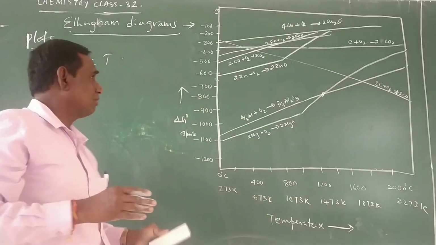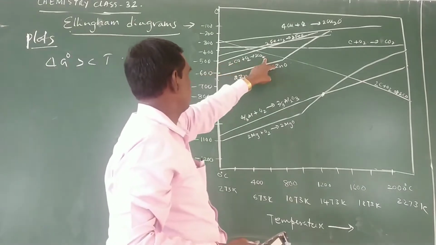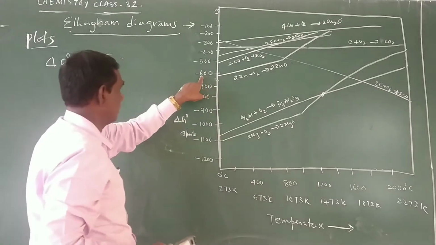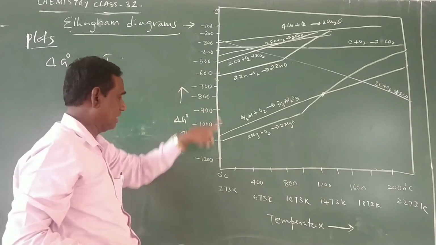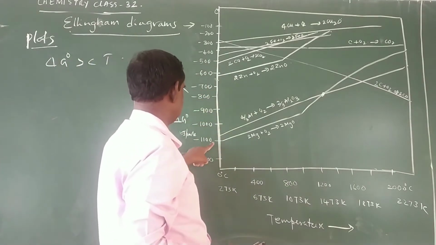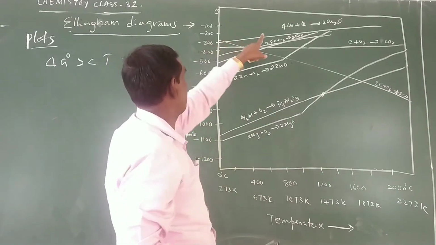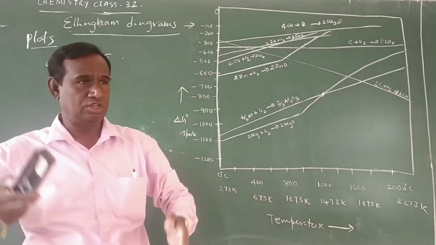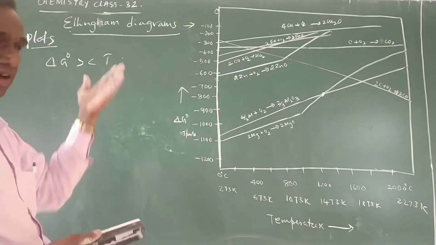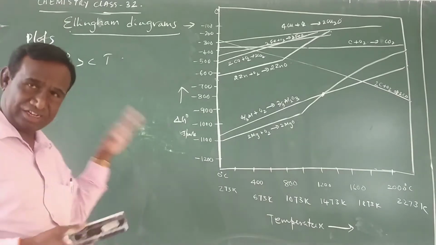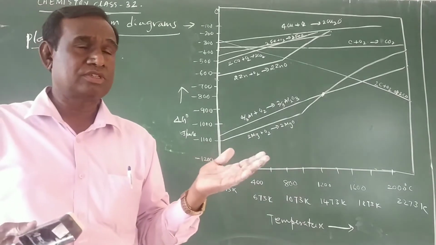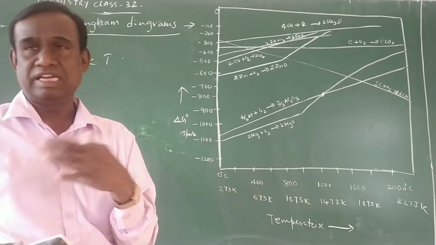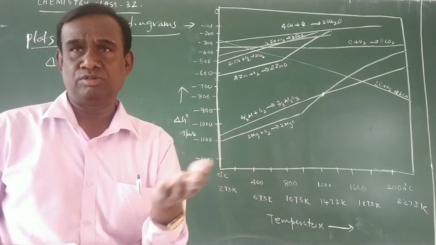So this is how we can explain it. 2CO plus O2 gives 2CO2, 2Zn plus O2 gives 2ZnO at this temperature, and you will have a delta G naught value, say minus 600 kilojoules. For magnesium minus 1100, and for copper minus 300 kilojoules per mole. Like that, you can have many values for many oxides. Ellingham diagrams can be plotted only for some of the oxides or sulfates, metallic oxides or metallic sulfates.